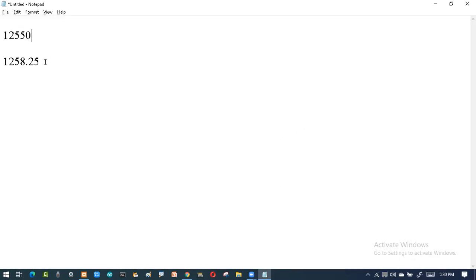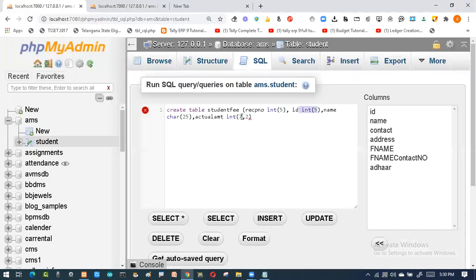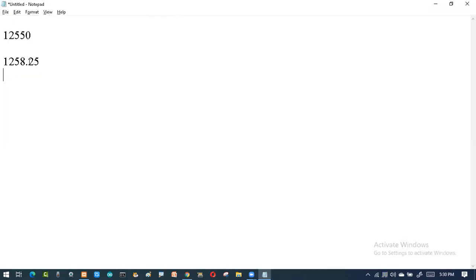But if you want to give float or decimal values, then I should have the count of this. So the total count is 6, and here I have taken 7. Then among this, how many decimal values are there? 2.